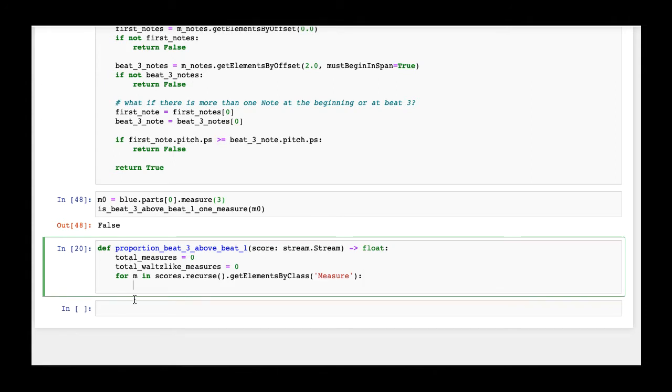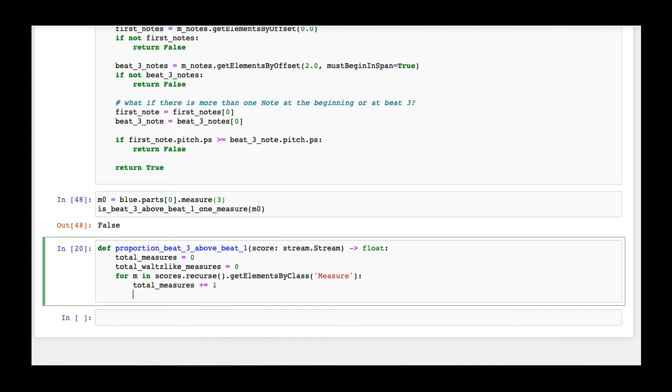There's a reason why we'll use getElementsByClass measure instead of measure 0, 1, 2, 3. It's mostly to do with the fact that sometimes there's two measure 3s, or they're missing measure 11, or there's measure 5a and 5b if there's a first ending or something like that. Anyhow, for every measure, we increment the total number of measures by 1, and now we look at one measure,